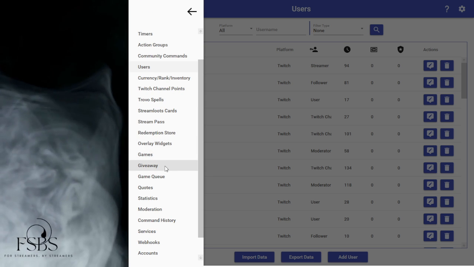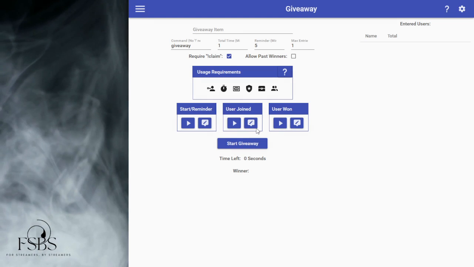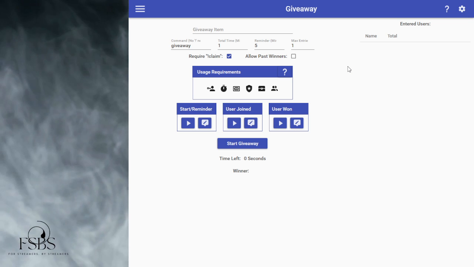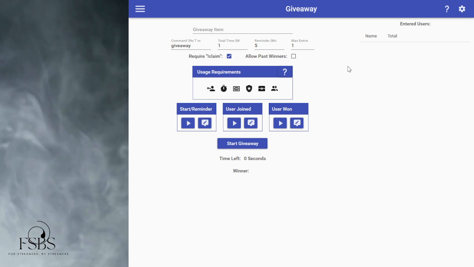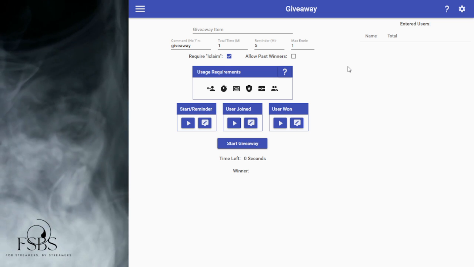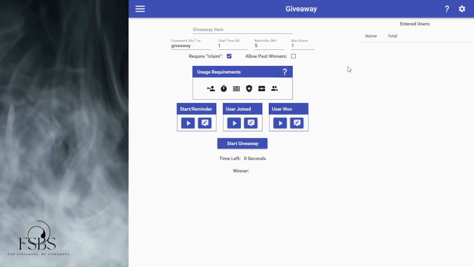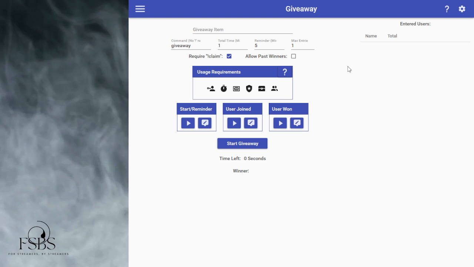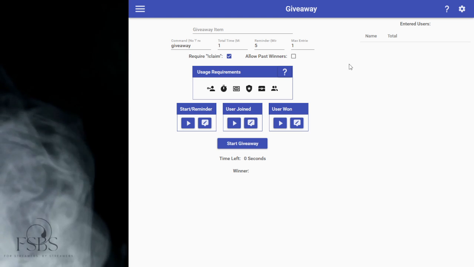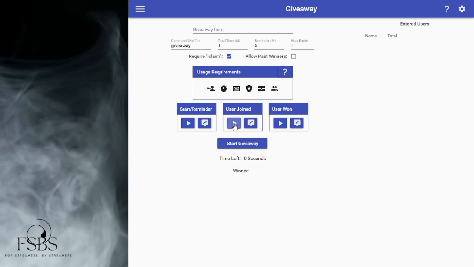You can also set up giveaways on here too. So say that you want to do a game giveaway for somebody, you can have it set up right here. This is going to tell you how many people have entered your giveaway. You can start it, stop it. You can notify that somebody has joined it. So if we were to do a test command here,